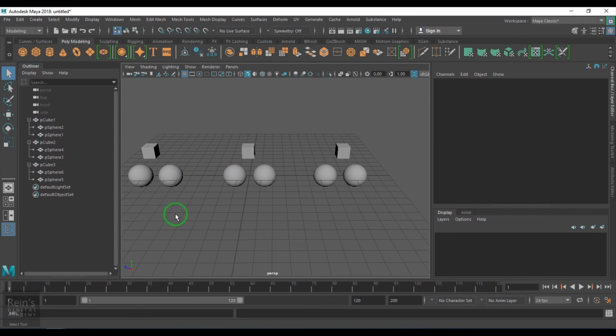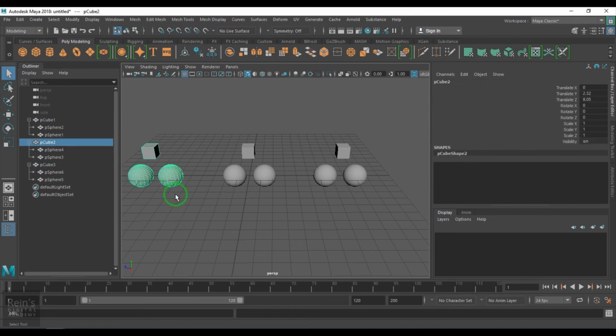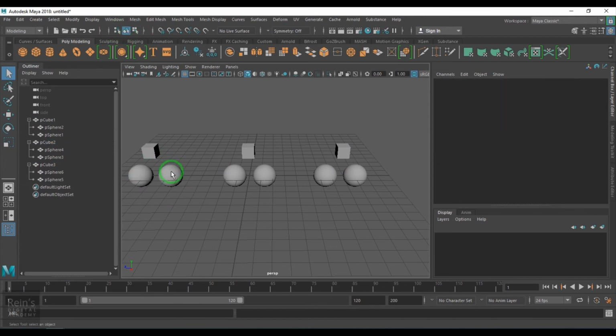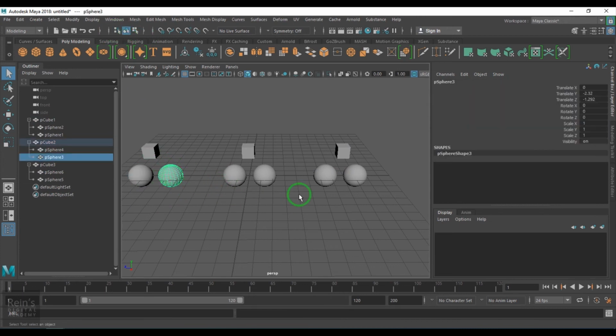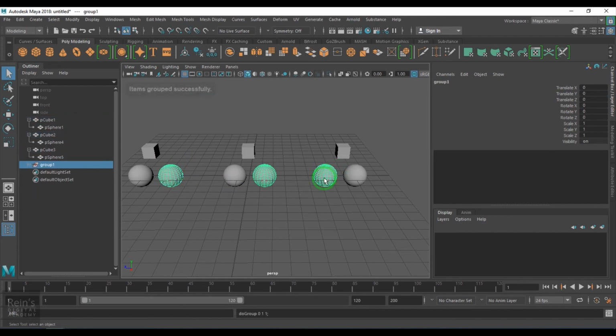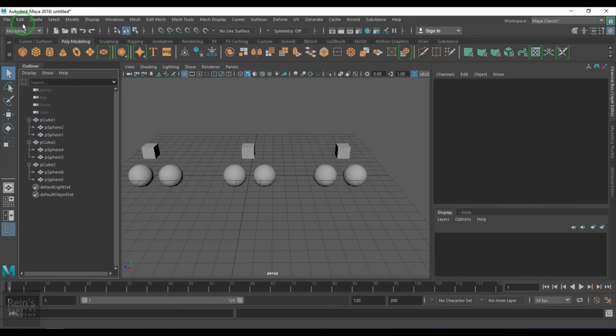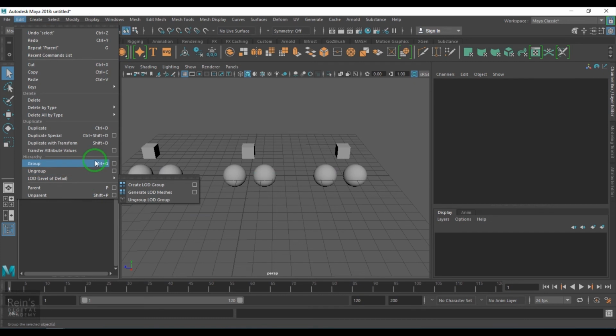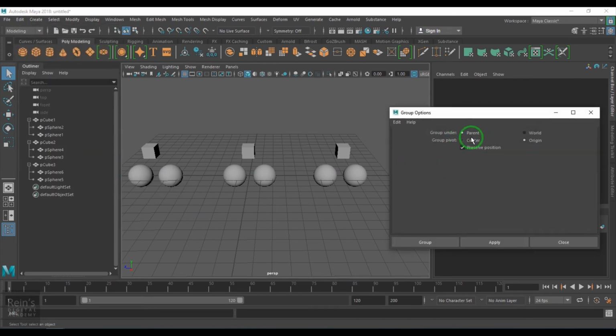Now if anybody tries to do the grouping of three balls here, if I just group them, where that group will go is the point here. So let's go to the grouping, and then we have an option called group under parent.